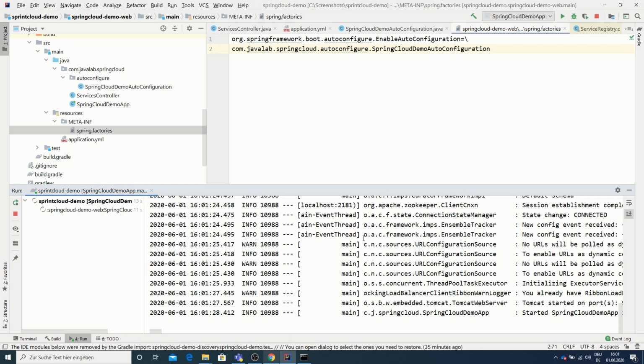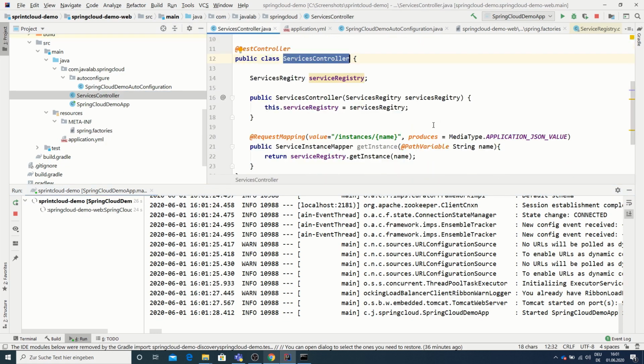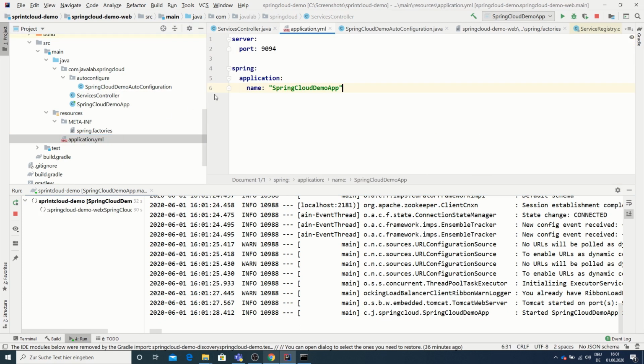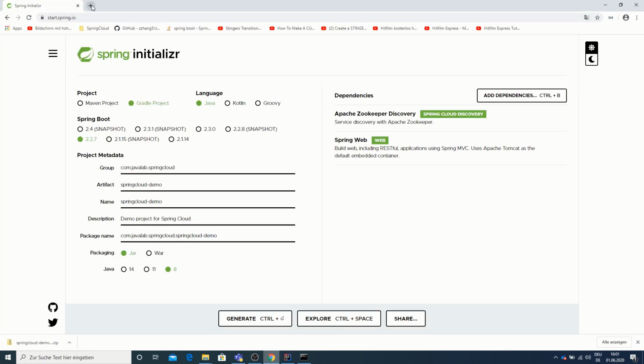Okay, the application has been started. It seems the package name, including the application name, was wrong here. But anyway, let's now try to use our controller to query for this application name. Yeah, this is our application. Let's copy it and go here,